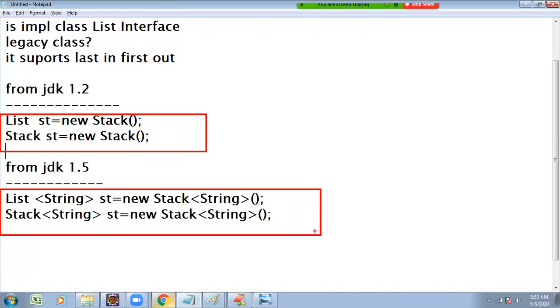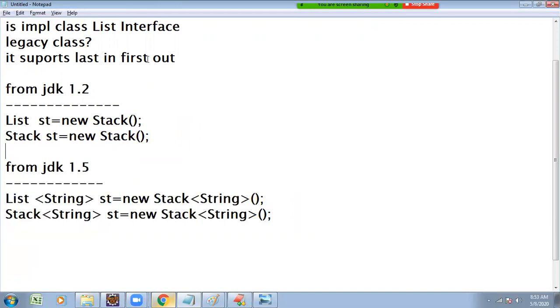While we are working with collection, there is no type safety. Not type safety means it is not mentioned here. I asked someone to enter some mobile name. They are ready to enter iPhone, which is a string type of data. But somebody entered 25 as a phone. Is there any phone number 25?